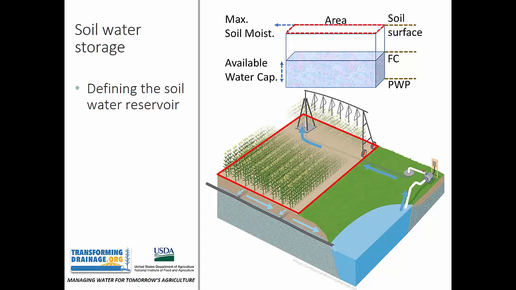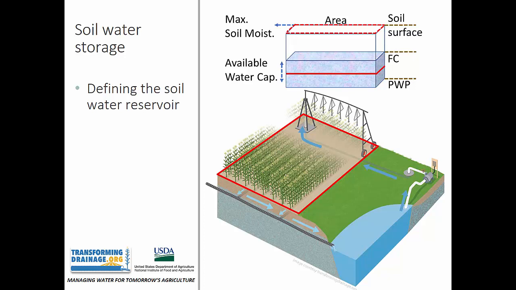And last, we define a field area so that we can apply these quantities as volumes. We could then use these boundary conditions to specify irrigation events. Now in this case, once total available water capacity was depleted by 50%, we applied a 1-inch irrigation application from